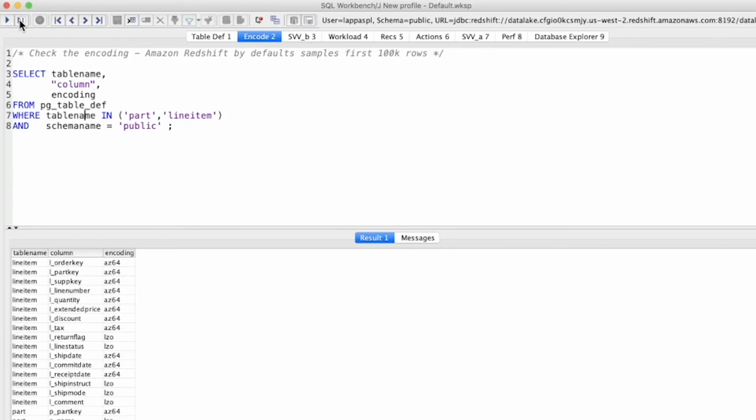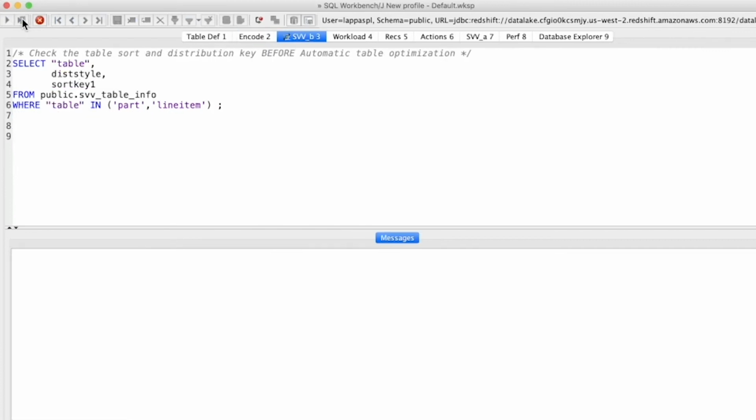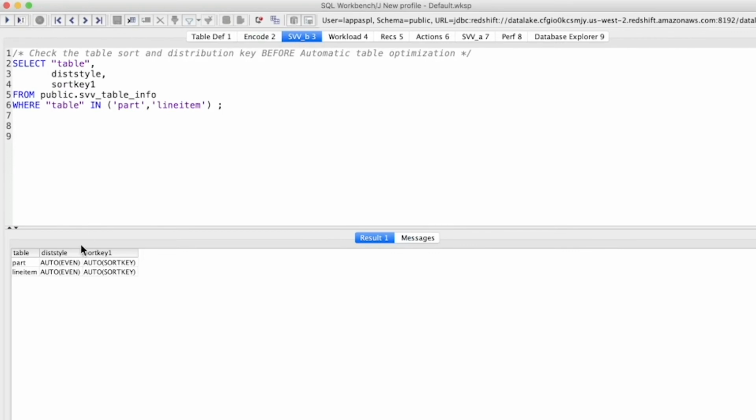One of the great features of Redshift is automatically selecting compression encodings based on table data. Picking an encoding for a column will reduce storage footprint as well as increase query speeds. The copy statement will take a sample of the data in S3. It'll look at the first 100,000 rows and then based on that, it will select the optimal encoding algorithm. In this case, it selected a combination of